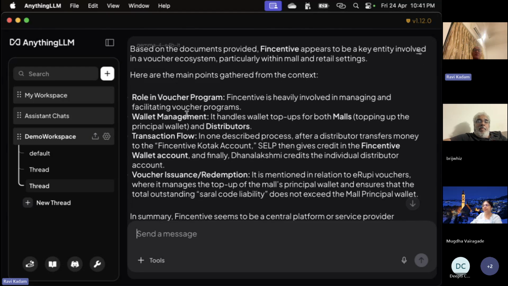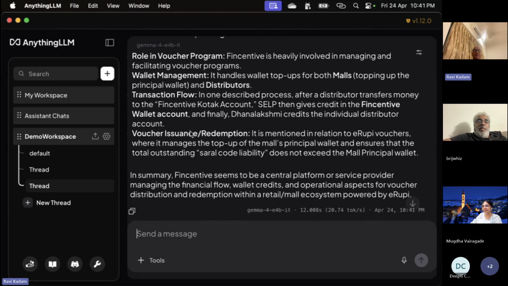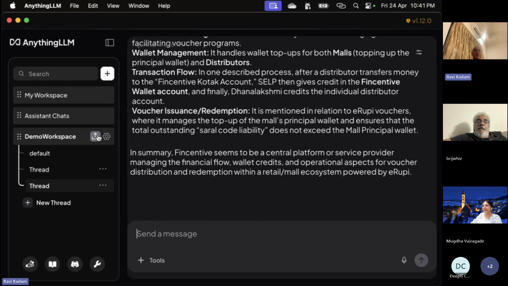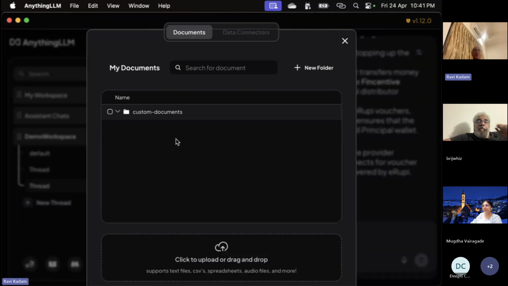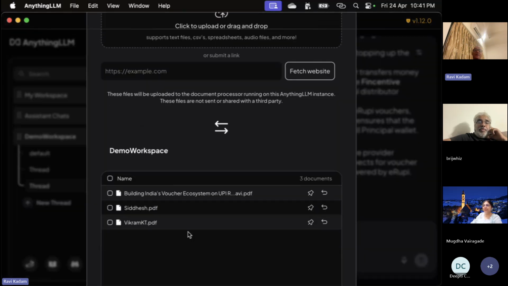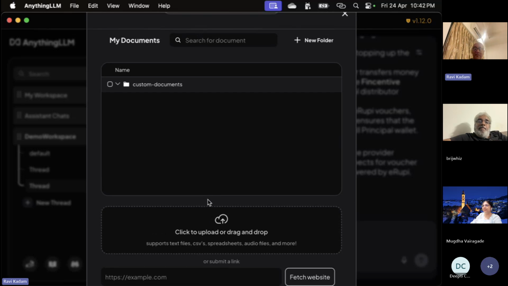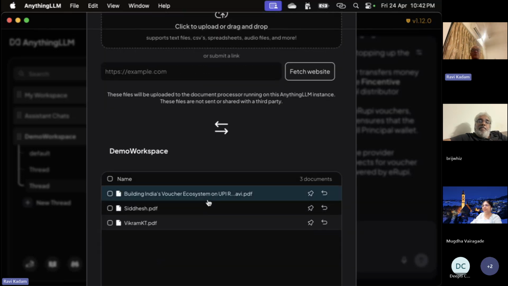Incentive is a voucher program, wallet management. It is getting my functionality out. Now the way it works is simply go here. I had uploaded 3 PDFs. The 2 people who joined, I did a KT for them, so their KT document I uploaded. I uploaded one PDF of my PPT, and this is going to remain here. Now, for example, Chanakya, if you think you want to store your recipes here, you can bring all your recipes and store them here. Next time when you